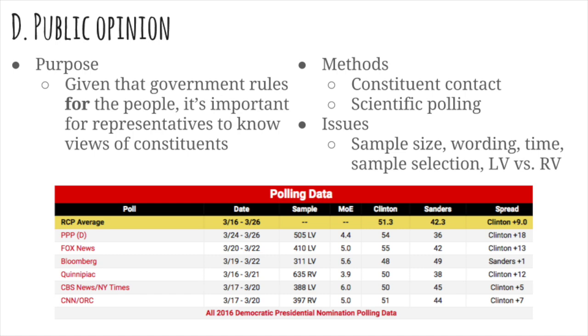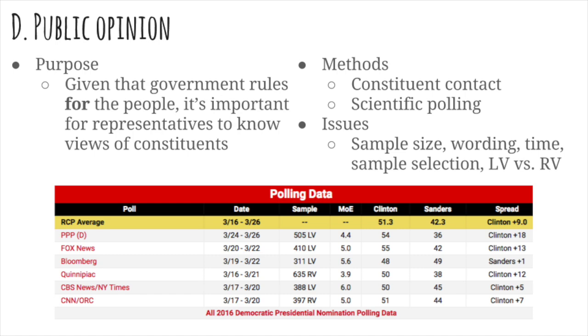The time of day that you make the phone call is important. If you call on Sunday morning at 10 or 11 o'clock, chances are there's going to be some religious folks that are at church and are not going to be included in that sample, and that could skew the results. If you call at 4 o'clock in the evening, a lot of corporate people may not be home from work until 5 or 6 o'clock. So that's something else to consider.